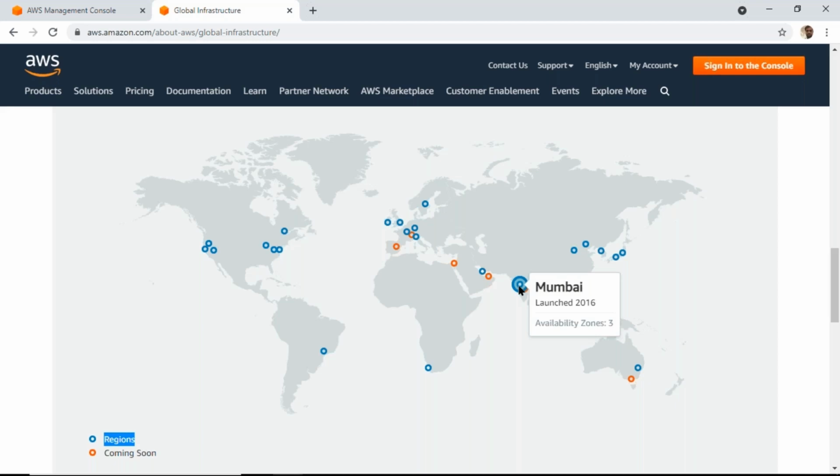Data centers. Check here, in Mumbai we have three availability zones. One availability zone is equal to one physical data center. Why? Because even if one data center collapses, no problem. All the servers and databases are there in another data center also. Immediately, users can start working. Remember, almost throughout the globe,